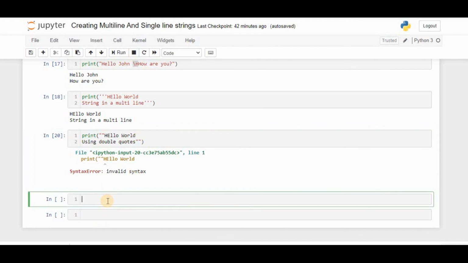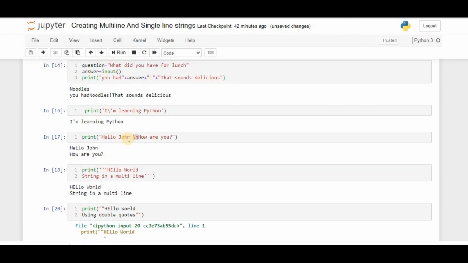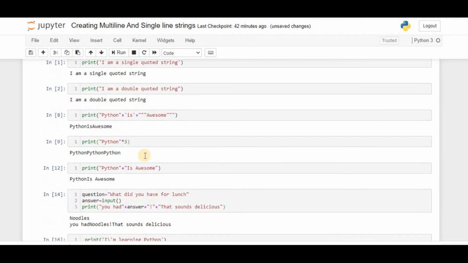So we'll print that also using triple quotes: 1 2 3, I am a triple quote string. Now Python is going to execute this. The same thing you can apply for single quotes also, and here we used double quotes as well as single quotes, so you can go for multiple lines like this.